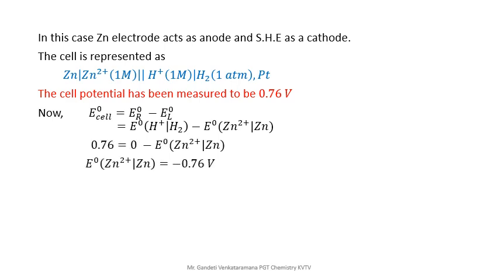E naught cell by using the voltmeter is 0.76, substituted as the value. This is the mathematical calculation. Arrange it, and you will finally get E naught of the zinc 2 plus to the zinc, the reduction potential. Now look at reduction potential or oxidation potential. It is the reduction potential of the zinc, because zinc 2 plus is reduced to 0, so it is a reduction. So the reduction potential of the zinc equals minus 0.76 volt. This is the procedure.